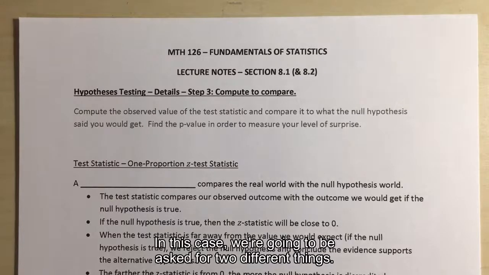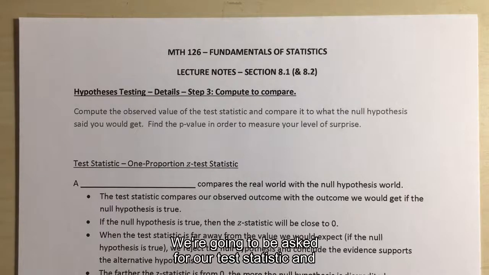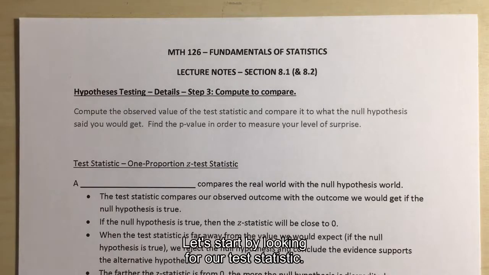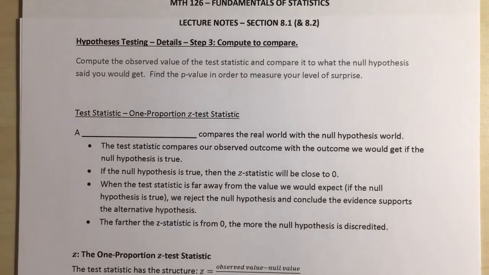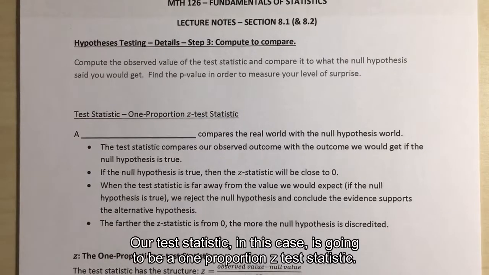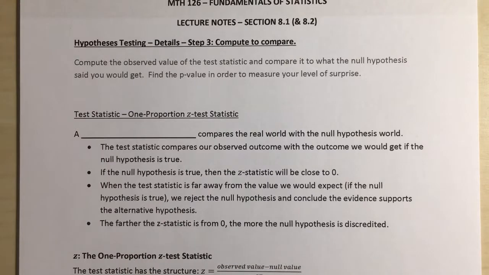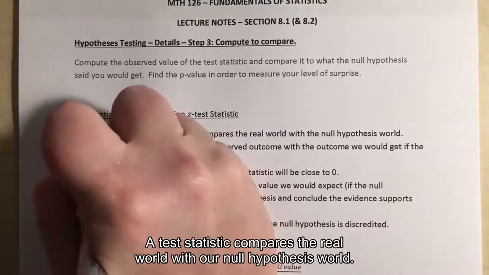So in this case, we're going to be asked for two different things. We're going to be asked for our test statistic, and we're going to be looking for a p-value. So let's start by looking for our test statistic. All right, our test statistic in this case is going to be a 1 proportion z test statistic. A test statistic